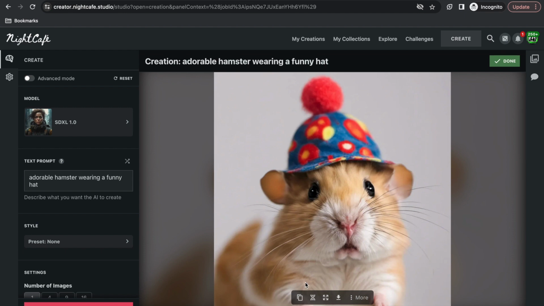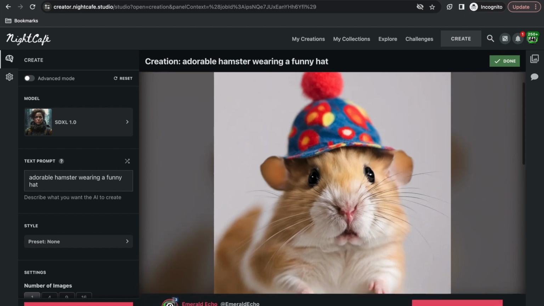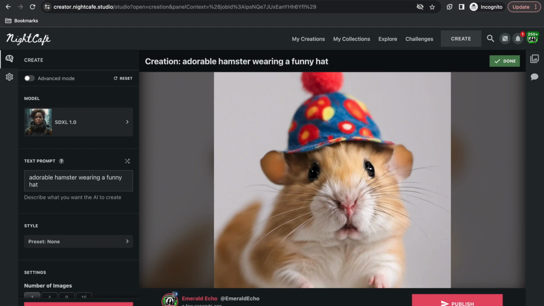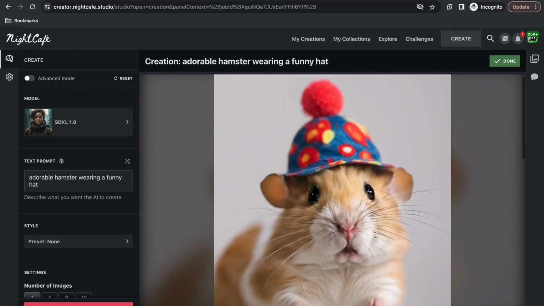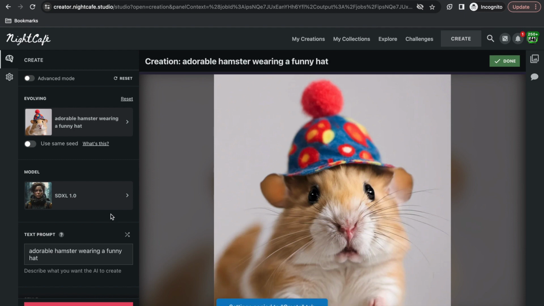Okay, let's go ahead and I'll show you how to evolve the image, and then I will show you how to publish. Let's go ahead and evolve the image. So let's say that we want to use something similar to this, and let's say